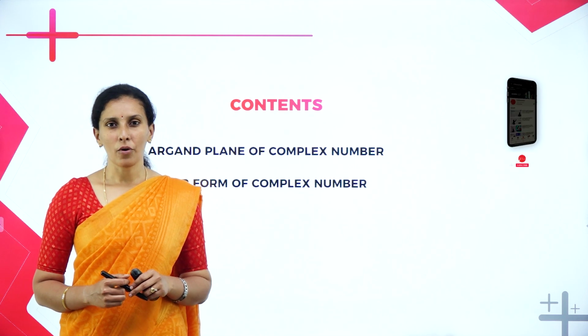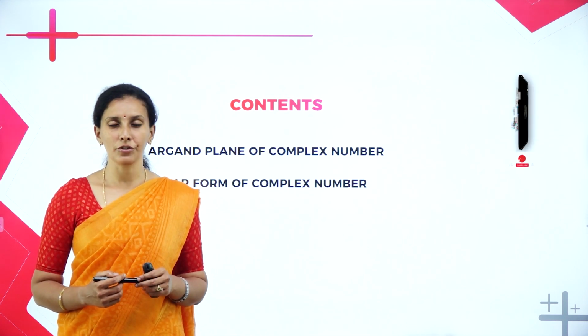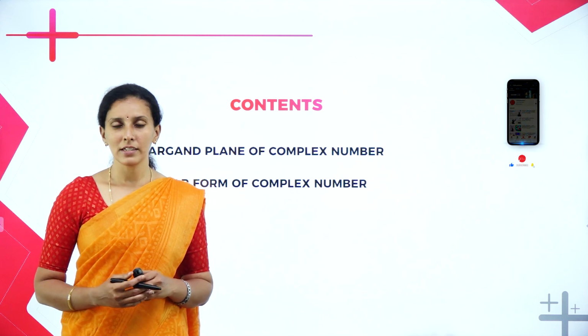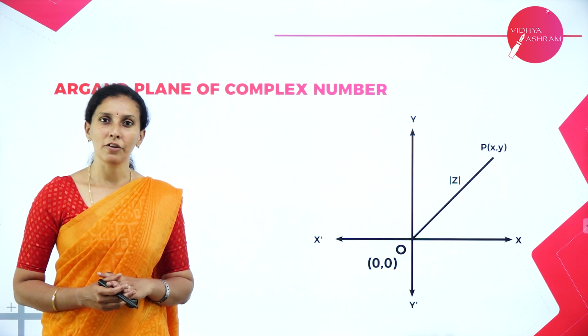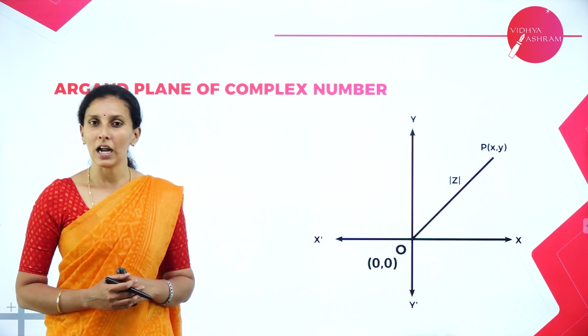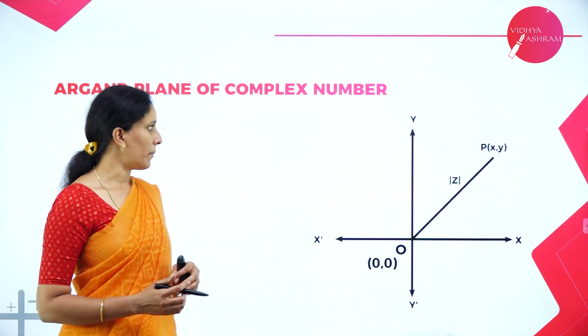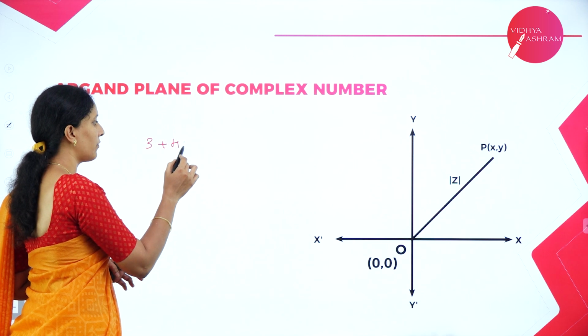In this session, we are going to study about the argand plane as well as the polar representation of a complex number. So, what is this argand plane? Any complex number can be represented in the form of an ordered pair, which can be a point in the Cartesian system. So, for example, if we have a complex number in the form of 3 plus 4i, we